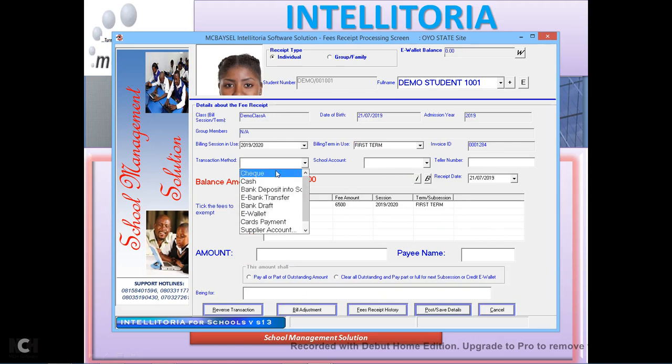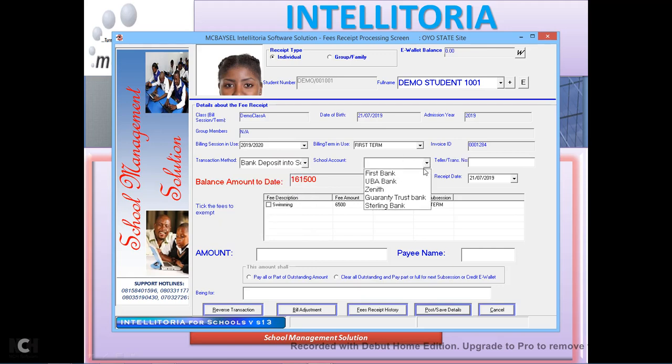Transaction method: how does the student make the payment? Is it by check or cash? Bank deposit into school accounts. So if I choose bank deposit into school accounts, I should be able to have list of all the accounts that we have set up. You can see Zenith Bank there. That's the account that we set up at the beginning. If I click that,